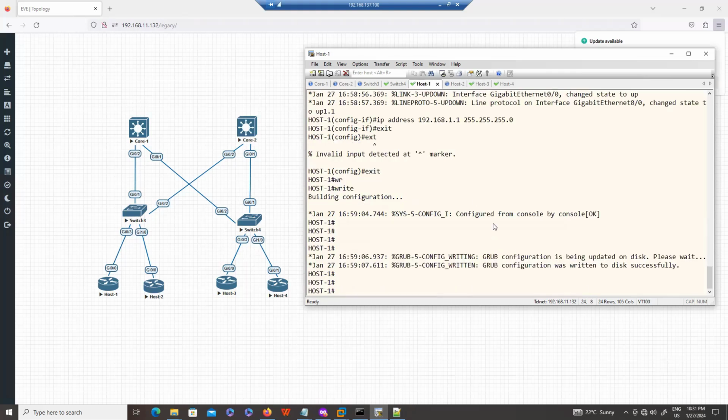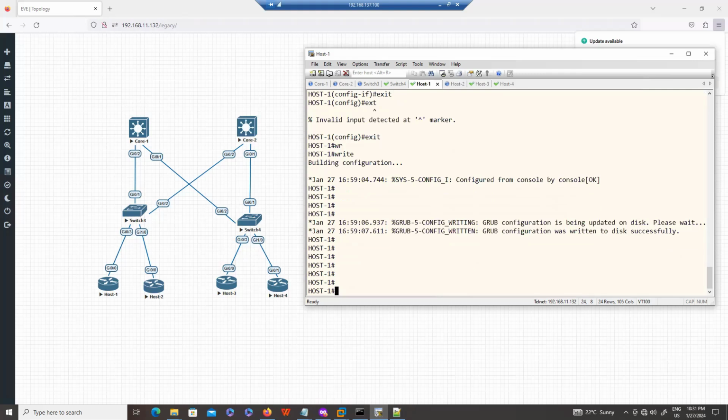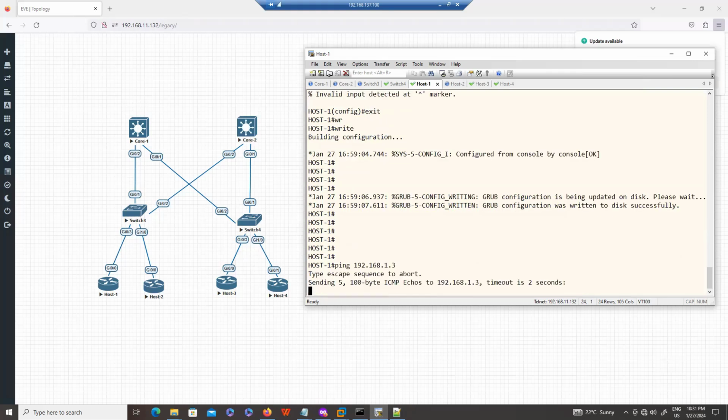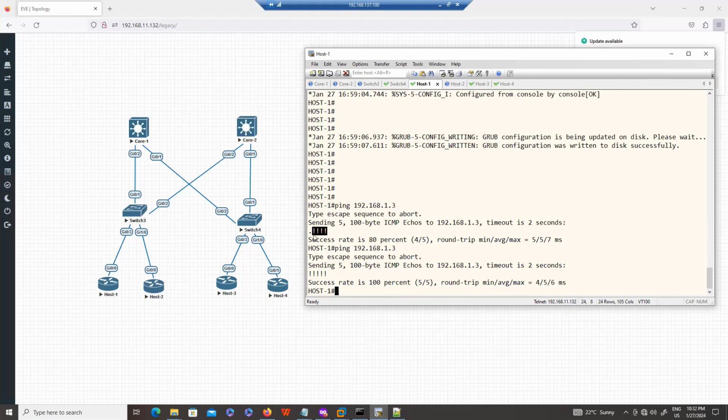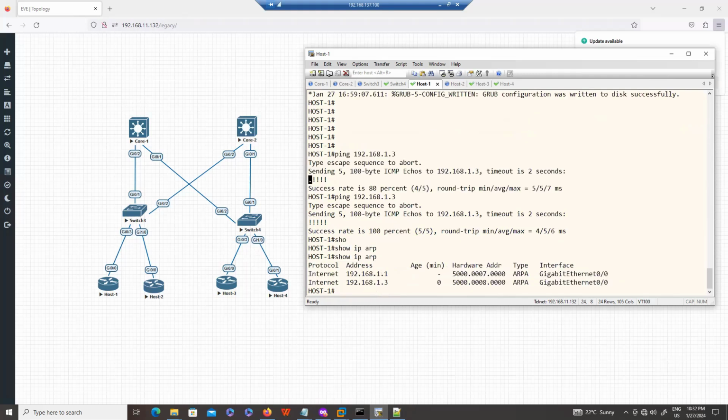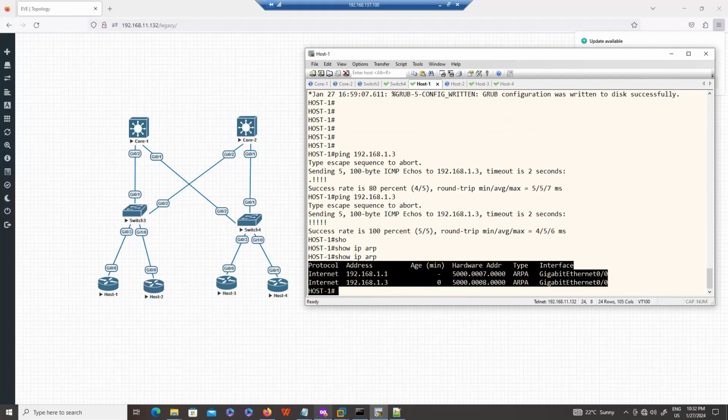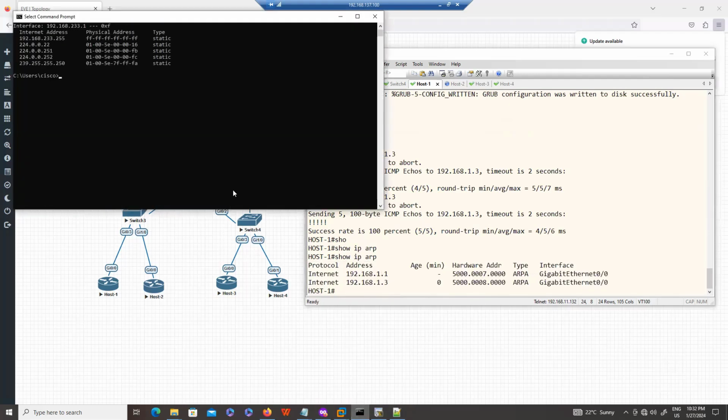If you check the connectivity through ping, ping 192.168.1.3, you see the first packet is dropped because of ARP, and then we have reachability. The first packet drops only the first time, because once we learn the MAC address, show ip arp is the command to see the ARP table on the router. On the Windows machine, the command is arp -a.